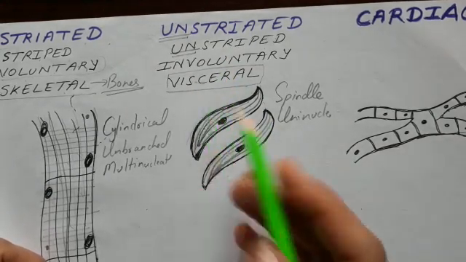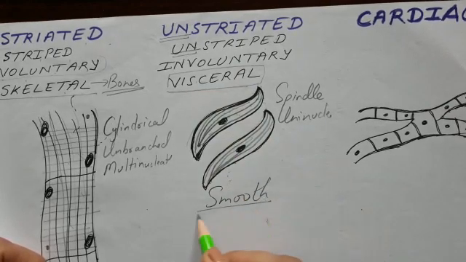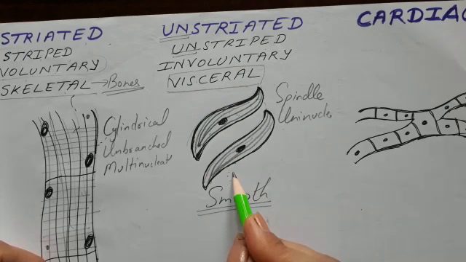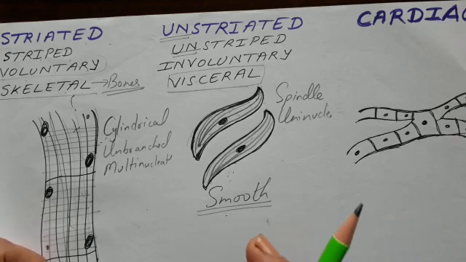So these are also called smooth muscles because they are not very tough. They are smooth muscles, and their main function is movement of the internal organs. Like whenever we are swallowing the food, the movement in the food pipe, the movement in the lungs, the movement in the windpipe. Okay, so they will be helping in the internal movements.